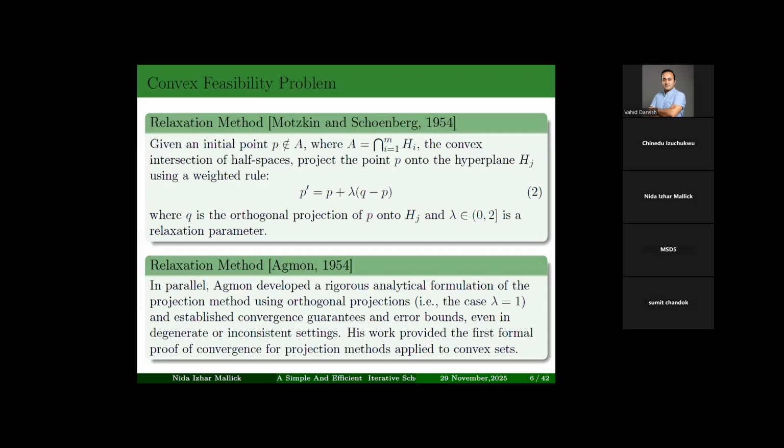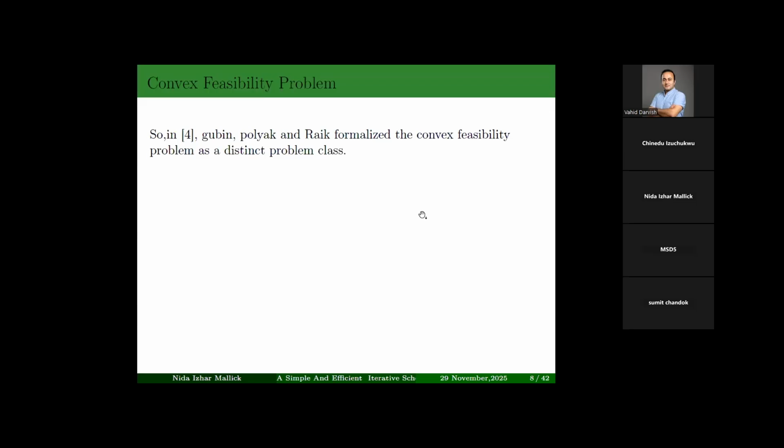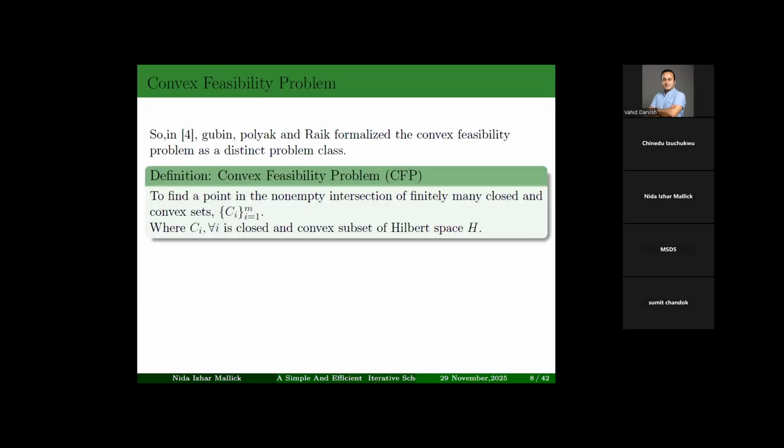Then the further curiosity led to the generalization of this problem from hyperplanes to convex sets. So in 1967, Gubin and Polyak generalized the projection method to the problem of finding a common point of many convex sets defined by equation number 3. This method looks very similar to the idea of Motzkin and Schoenberg and given by Agmon. So this is the first time that the convex feasibility was formalized as a distinct problem class,